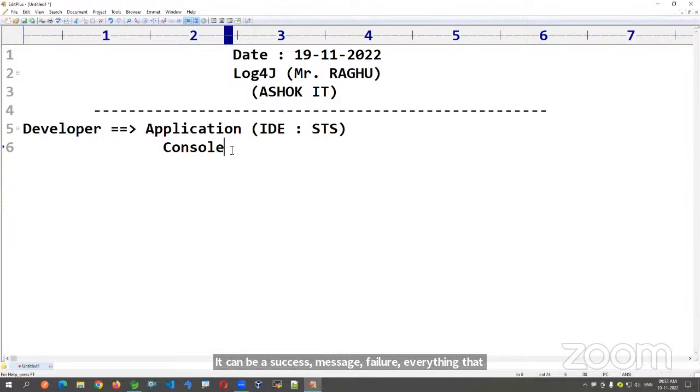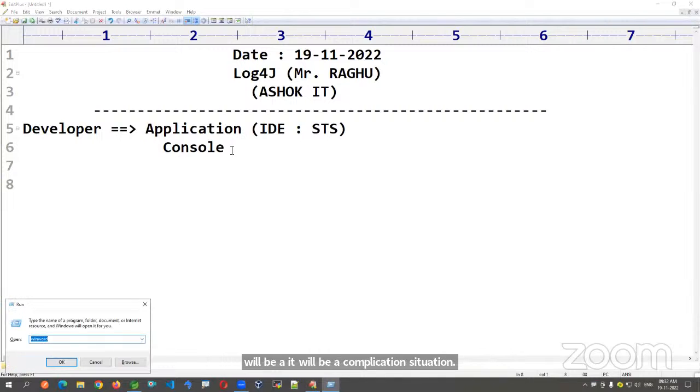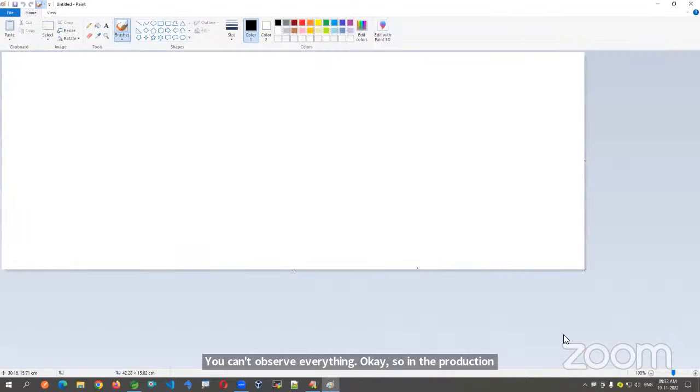Okay, but later, it is going to be moved to production. Means that is actually moved to a real-time server. In that case, the console, though it is available, will be having some limits. Okay, so you can't see everything that is happening, like yesterday, the day before yesterday, 5 days back. So if you want to see all the errors and problems, it will be a complicated situation. You can't observe everything. Okay, so in the production environment, generally, a pipeline concept is used,